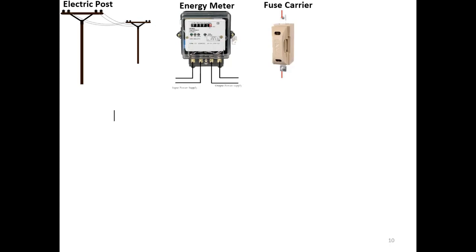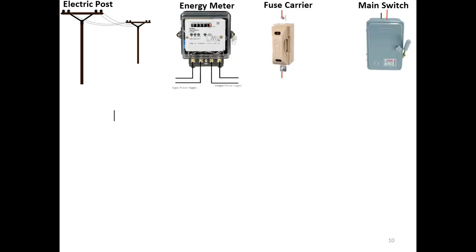Then what is one more setup in your meter box board? We have a main switch, right? If you are going to do some maintenance work, or some modifications in your electric wiring, the electrician will switch off this main switch. It is only for doing the switching operation, the main switch, right?